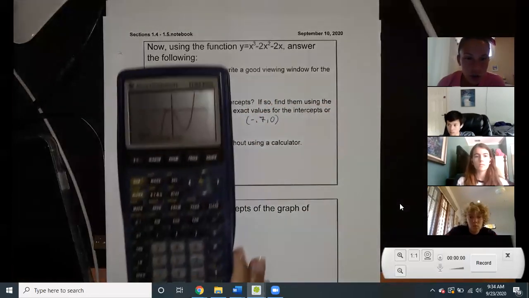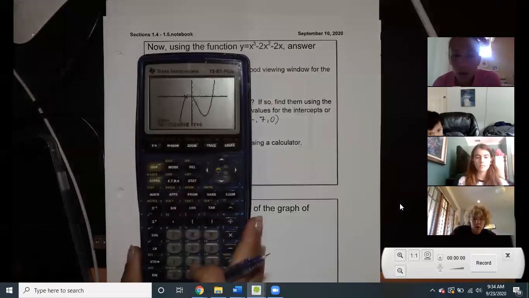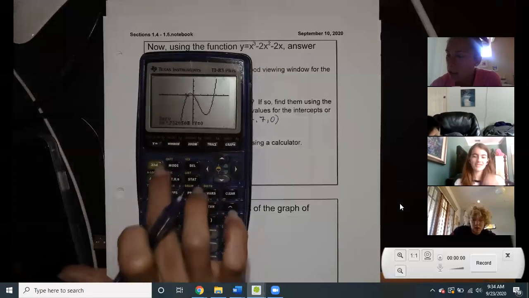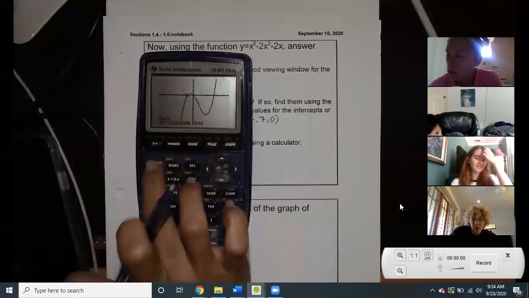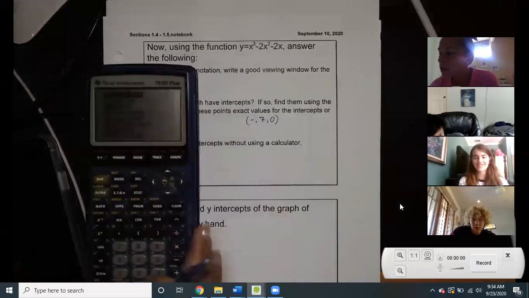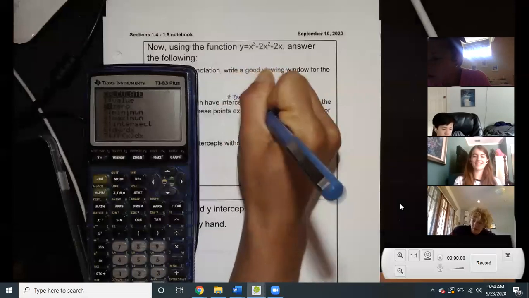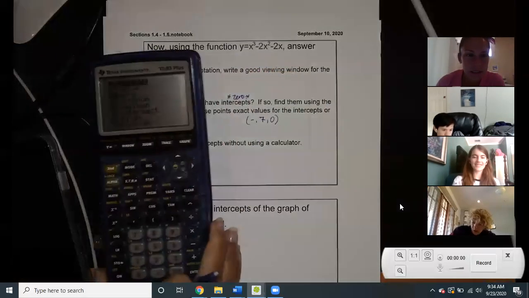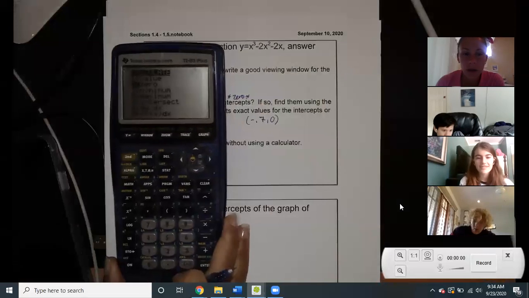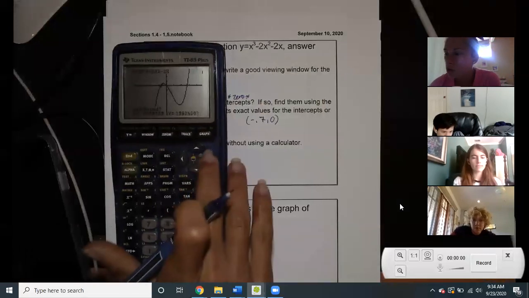Does anybody have questions on how we did that on the calculator? Wait, yeah, what was the first button you hit? So the same thing that we hit whenever we want to find a max or a min. So I'm going to hit second calc, and then I want to find a 0. So if you're finding an x-intercept, the word that the calculator uses is a 0. Okay. And so then once you hit enter, you want to find that, you'll go to the left and the